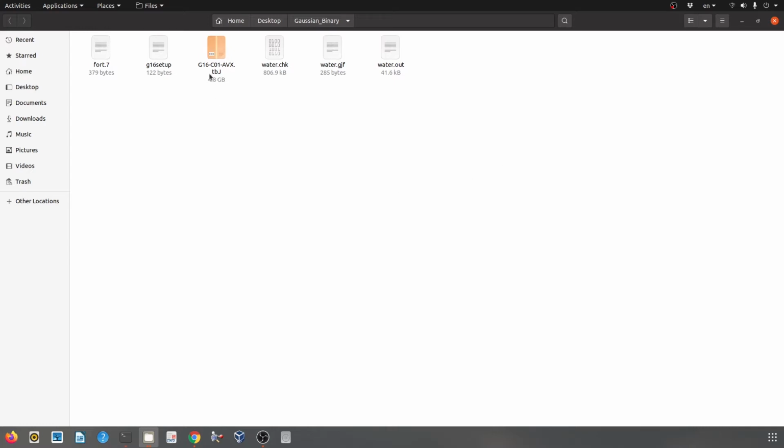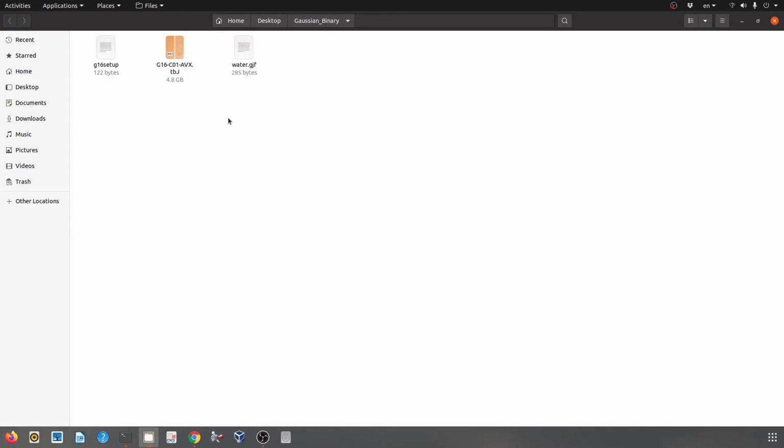Besides the binary file, you need a setup file and a test input file, which you can download from the description box below. Okay, I've put all the three files in a folder named Gaussian binary on my desktop.